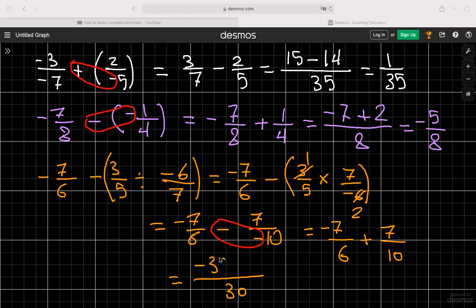That gives me -35. And then we have the plus sign. 30 divided by 10 is 3. 3 is what I multiply into the 7, and I get 21. -35 plus 21 is